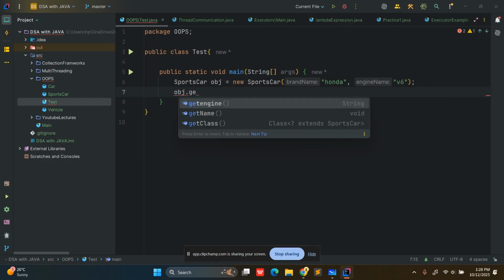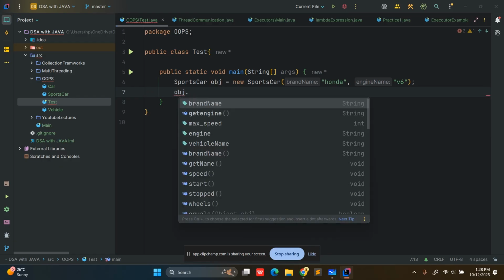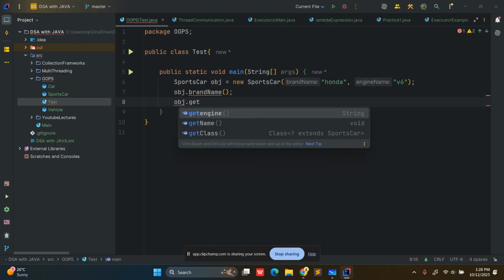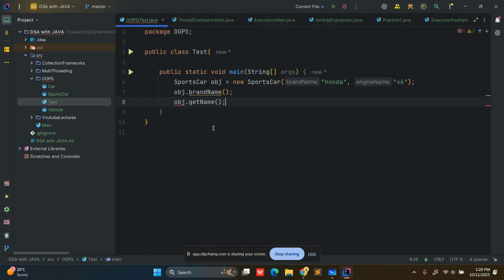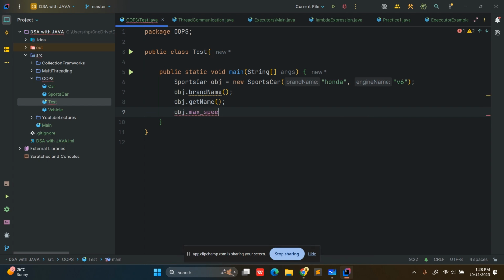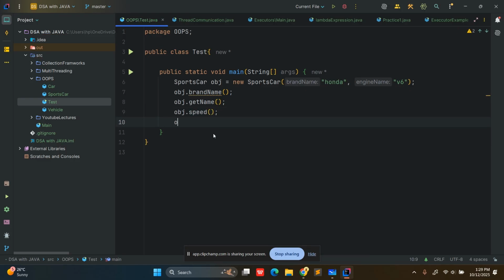Let me write here: object.getName for the brand name, object.getMaxSpeed. I think it should be speed only. Okay, object dot